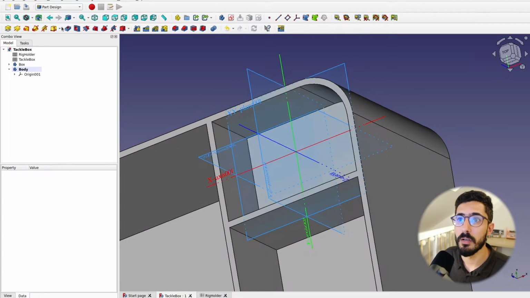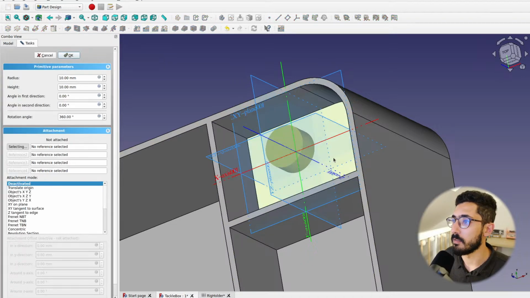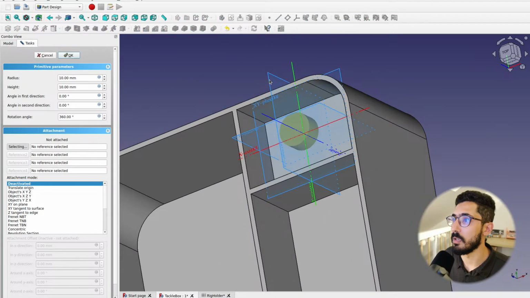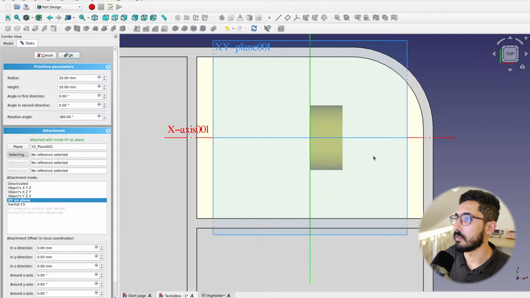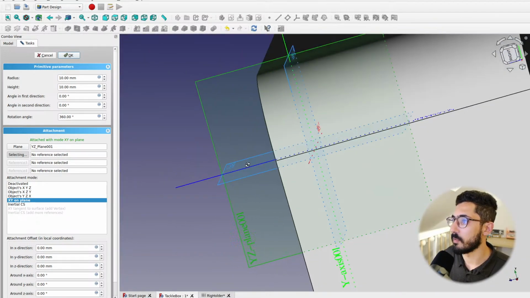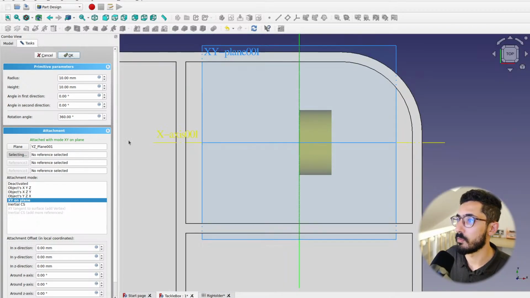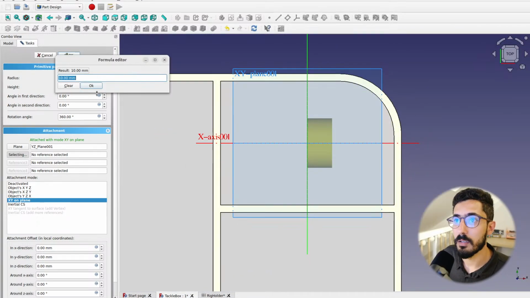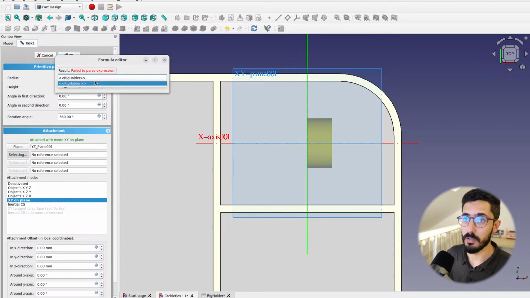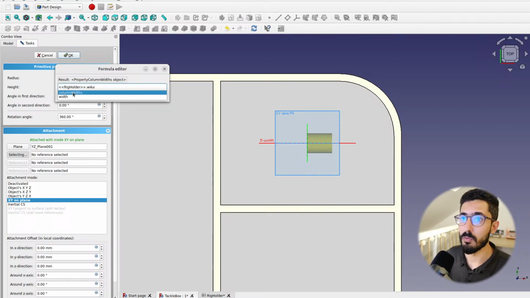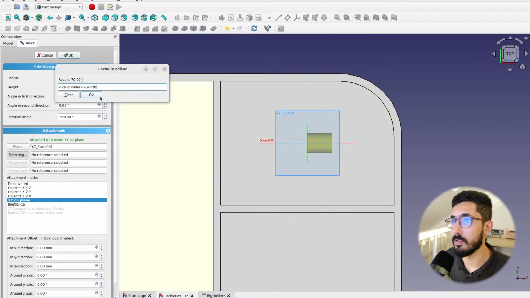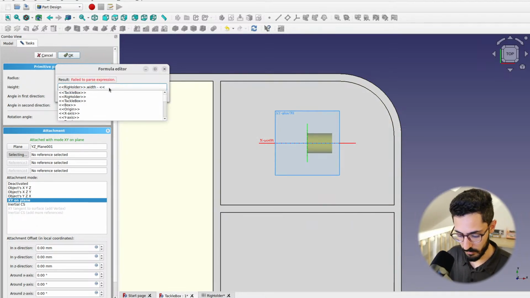Okay, great. Now I'm gonna toggle this as an active body, because when it crashed, it's not the active body anymore. We are going to create an additive cylinder. We're gonna attach it to the XZ plane, and then looking from the top, should be on the center on all the axes except for this one. That's fine. Again, the radius is going to be our rig holder diameter divided by 2. The height is going to be our rig holder dot width, which gives us the entire width, but we need to remove from it